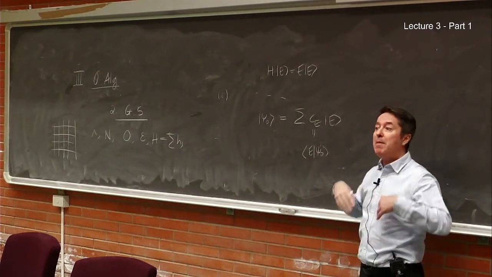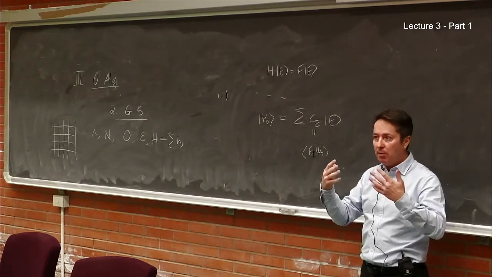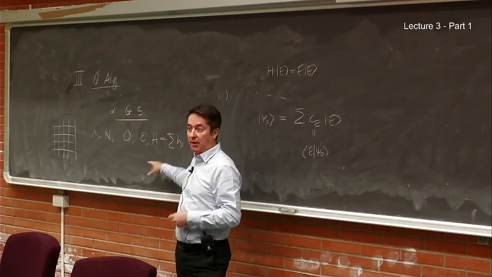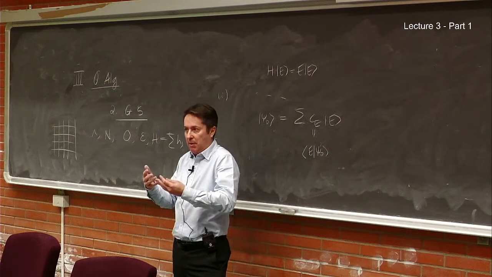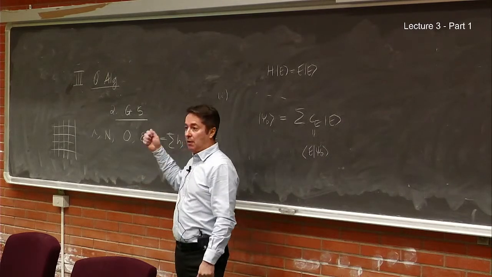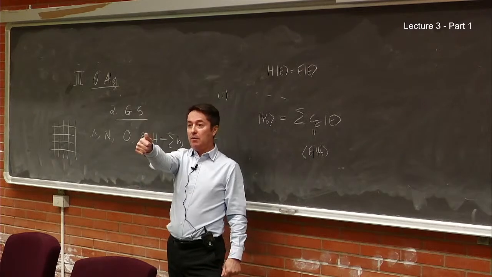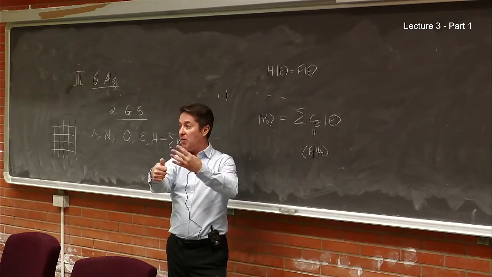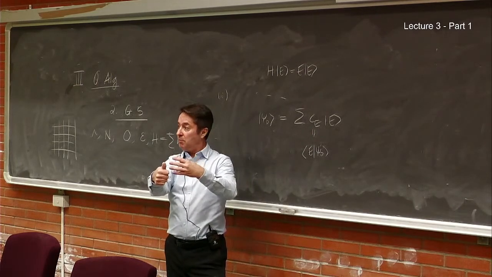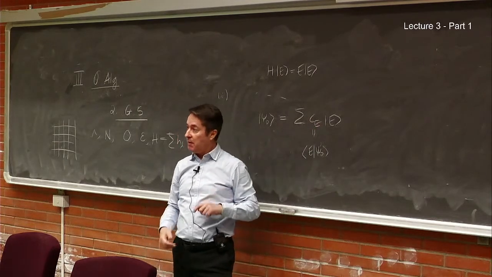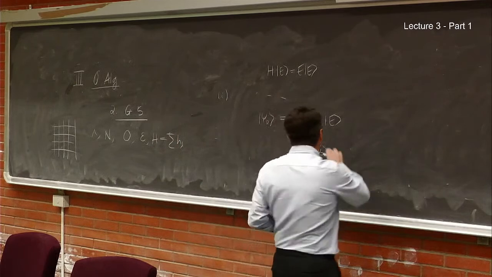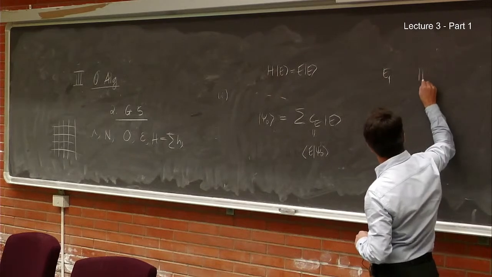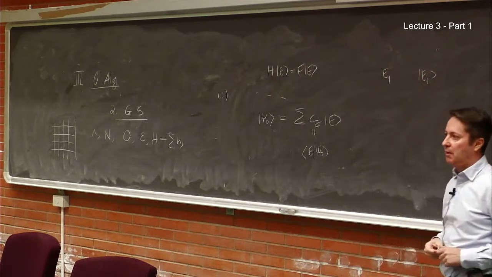And now, let me measure the energy. Imagine that I can measure the observable which is the energy. The Hamiltonian is Hermitian, and therefore it can be measured. Now, if I measure an observable, two things will happen. I will obtain an eigenvalue with a certain probability, which will be this coefficient squared. And if I measure in a filtering measurement, then the state after the measurement will be the corresponding eigenvector. So this means that if I'm able to measure the energy, I will obtain some energy the first time, and the state after observing it will be the corresponding eigenstate.